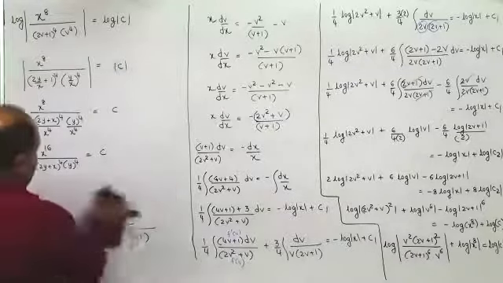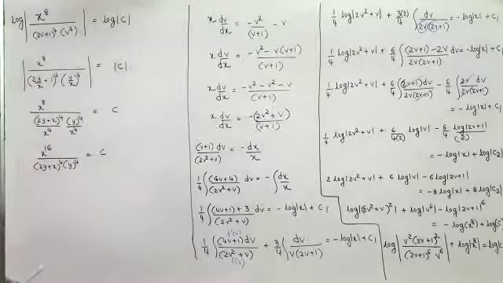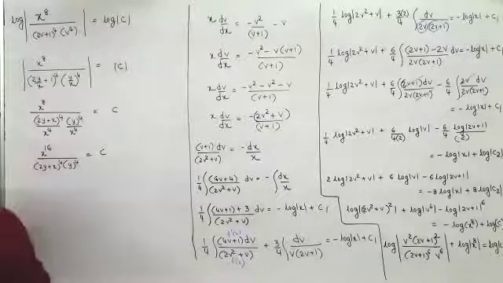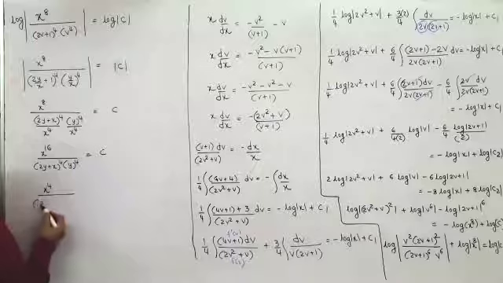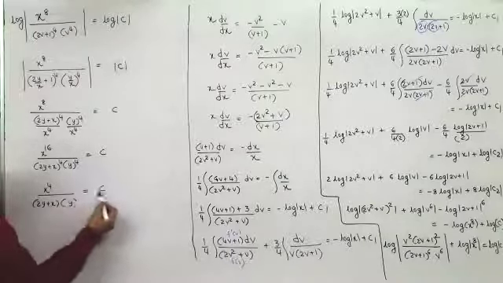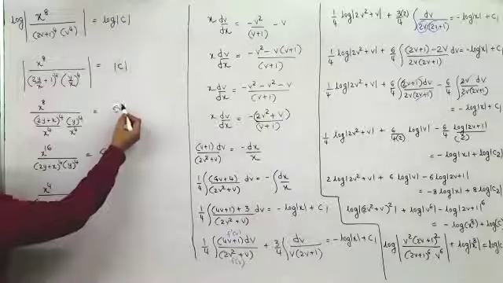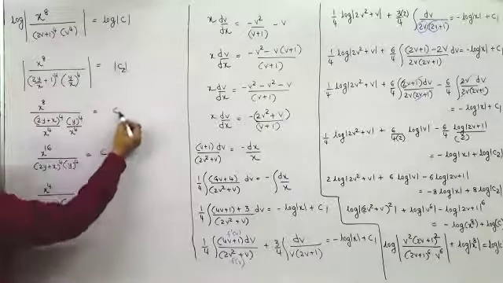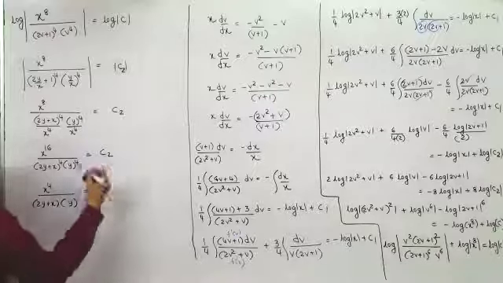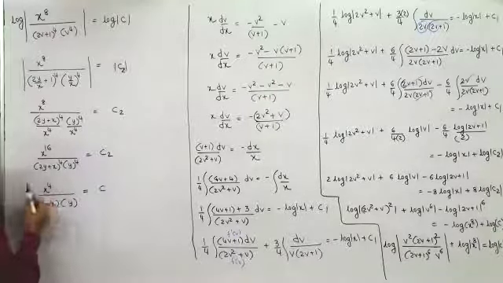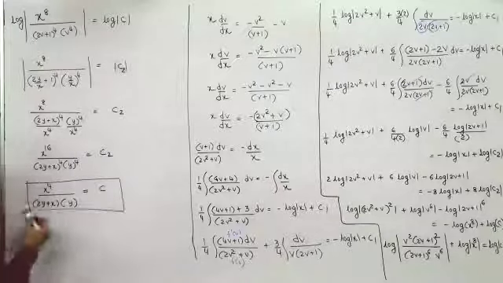So that would give you, when you take the fourth root on both the sides, you would get here x raised to 4 upon 2y plus x into y equal to c. I'll write here, this is c2, therefore I'll write here c2, and then the fourth root would give me c. Can someone verify the answer here?